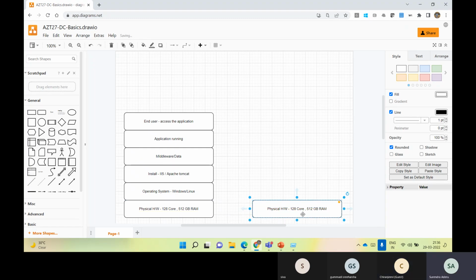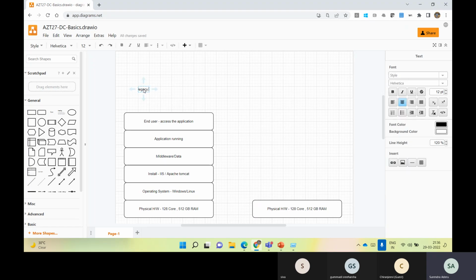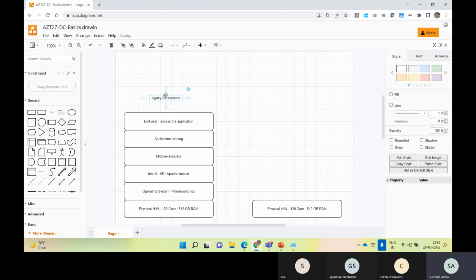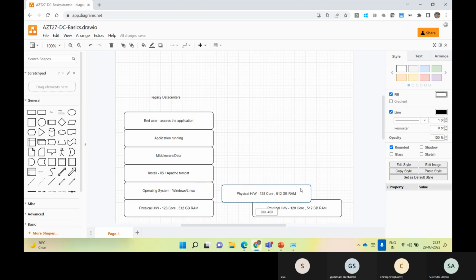So why I was specific to this question is about what this is. We'll call it legacy. This has now become a legacy data center, whereas you have been typically dealing with it in this particular manner. When it comes to the modern data center, once after the physical hardware, in between the operating systems of Windows and Linux, they have brought in a layer of virtualization. Have you guys heard of virtualization as a technology?